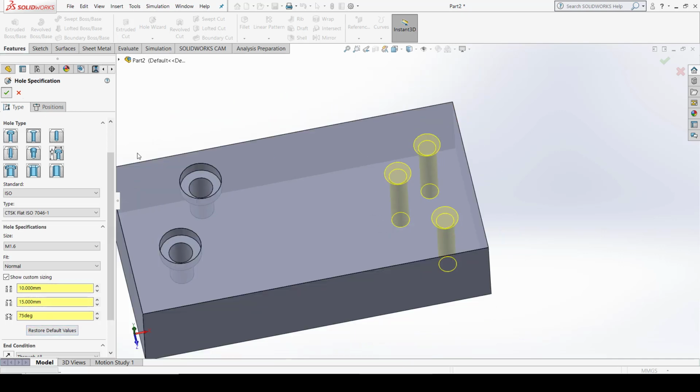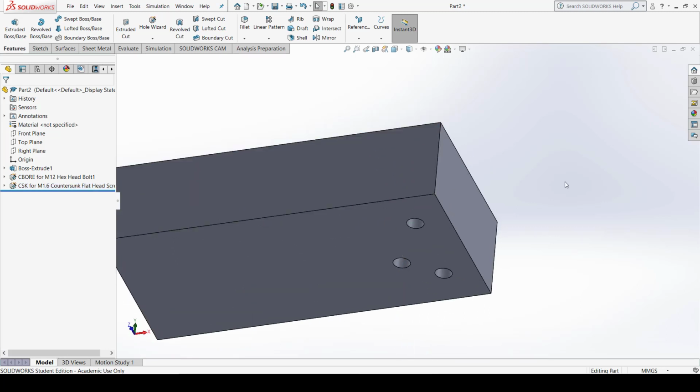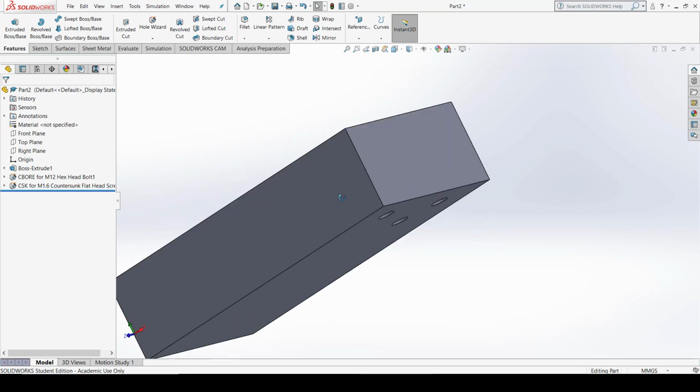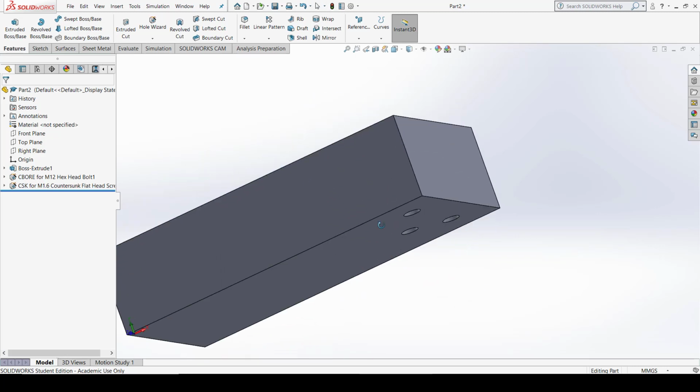When I click OK here and provide the through hole, you can see the holes are passing through this hole billet. Previously I defined the blind holes and defined the depth, up to which depth the hole will cut, which was 30 millimeter. Now I define the hole as through all, and it is countersunk.